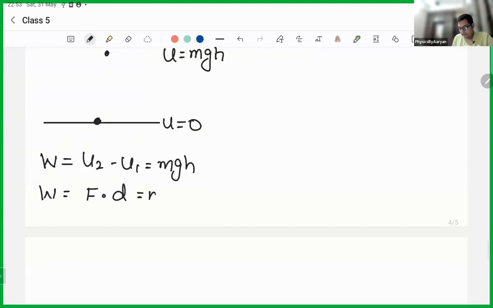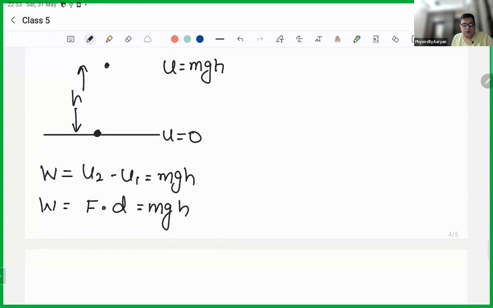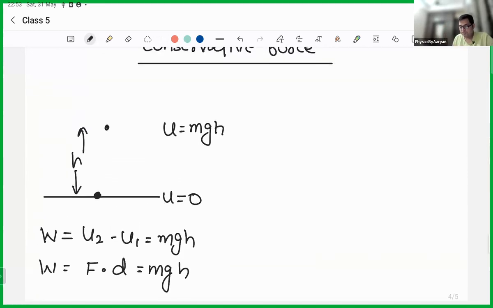What is the magnetic force? Magnetic force is m, and what is this displacement? H. So that also comes out to be the same. So either you use force or you use energy, both will give you the same answer. And that is possible only if the force is conservative. Because if the force is conservative,